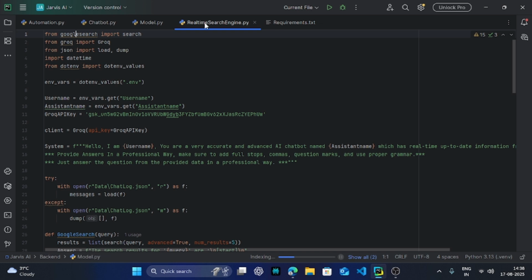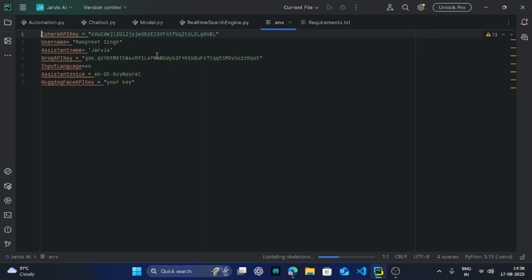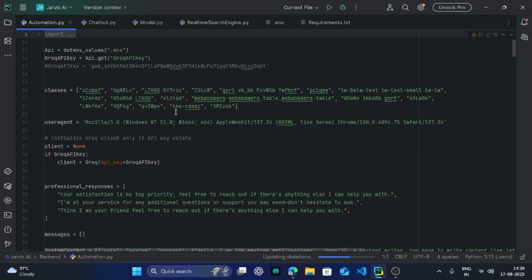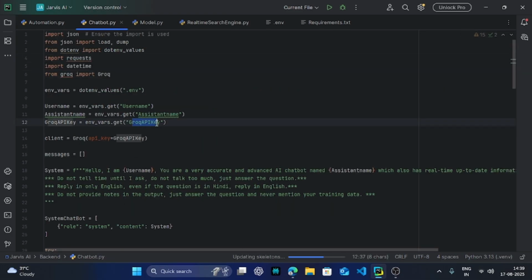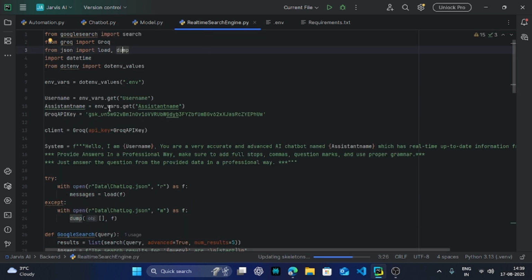As you can see, I have pasted my API key here also. Why, I'm going to tell you. In the .env file, as you can see here, there is only a single Groq API key, and the Groq API key is used here, here, and here also.